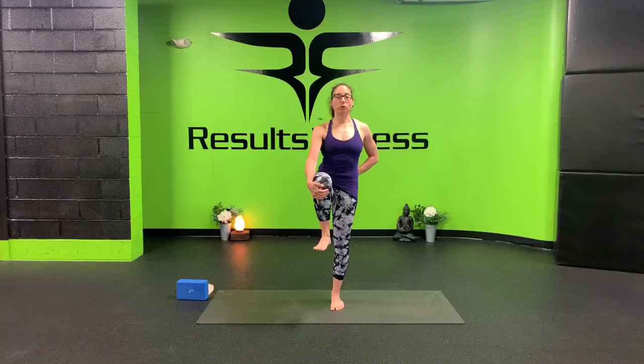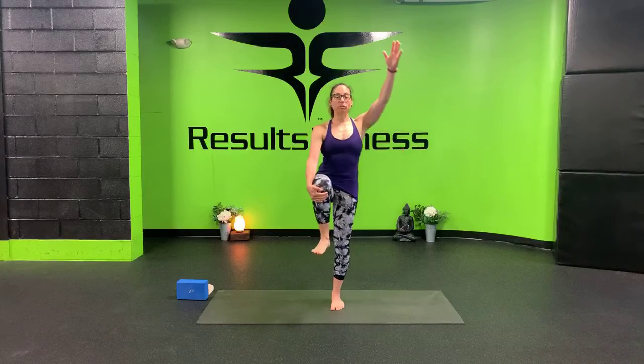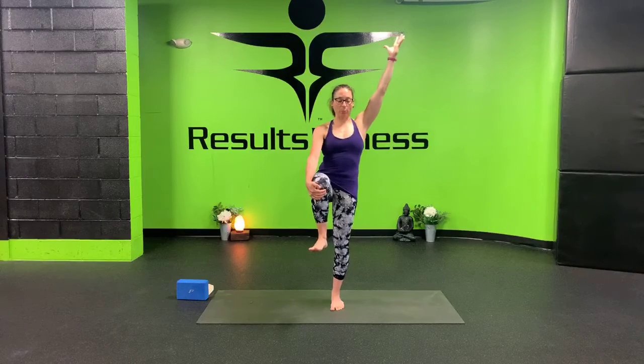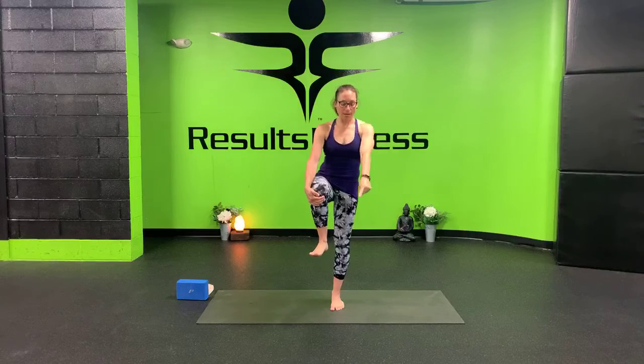So paying attention to your own body, hugging your belly in, keeping your tail down. Lift your left arm high with an inhale. Flex your right foot like you're standing on a step. Set your gaze on one point with your eyes. If you're struggling with balance, bring it to a spot right on the floor in front of you, about 6 inches away. Take a nice deep breath in, and then on your exhale, bring your right knee out to the right